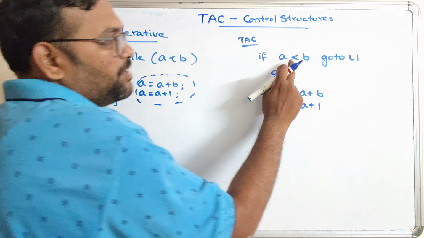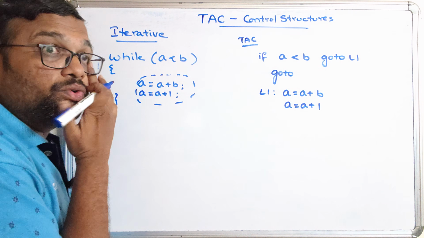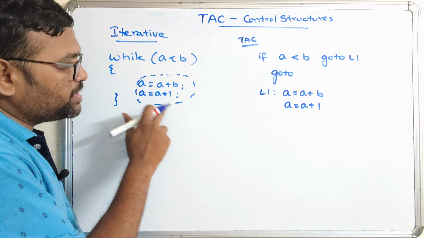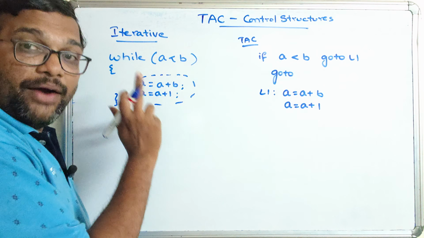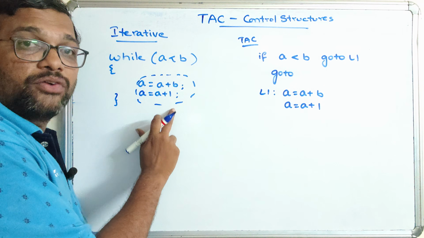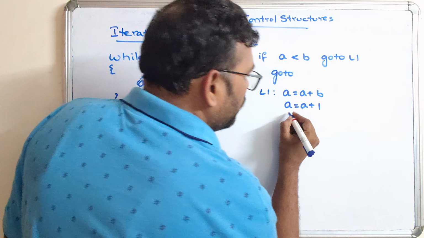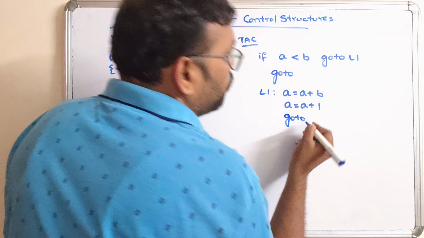So what happens if a less than b? That means if the condition is true, the inner statements, the statements of the body, will be executed, and after completion of this execution, again the control will check the condition. So what do we have to do? Again go to,